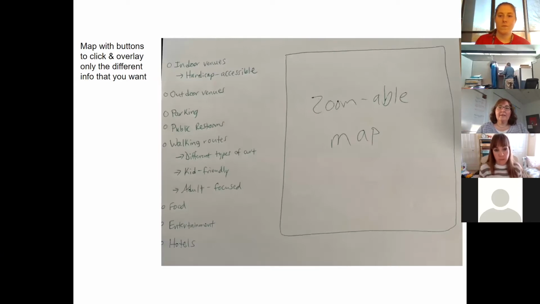For the map, the concern is to have enough information without having too much information. So we thought an overlay option would be really nice. So to have the map on one side or at the top, and then to have kind of GUI buttons that you can click if you want that information, or not click if you don't want that information at a particular time,